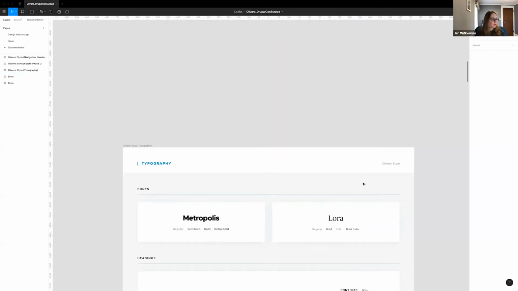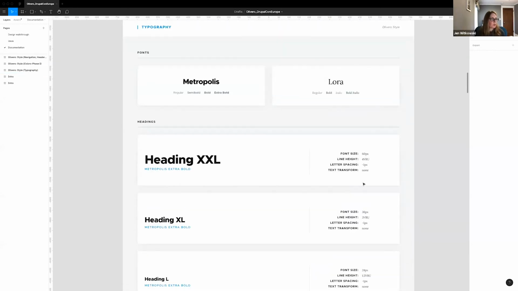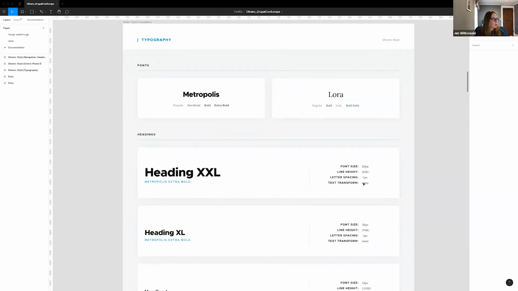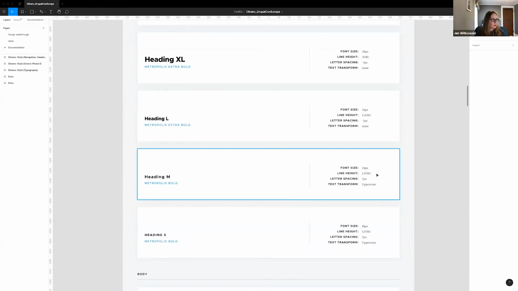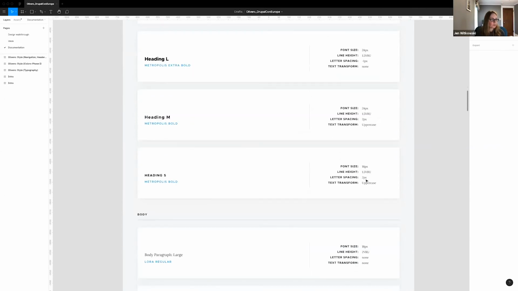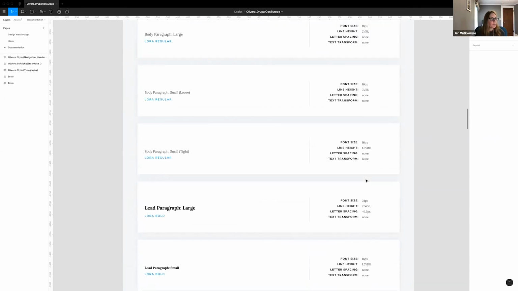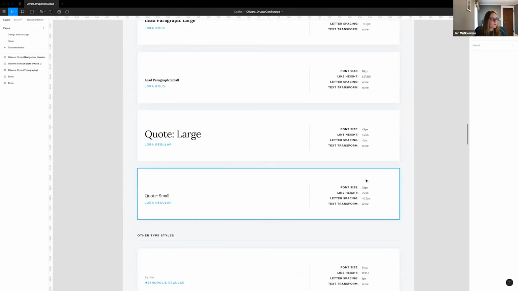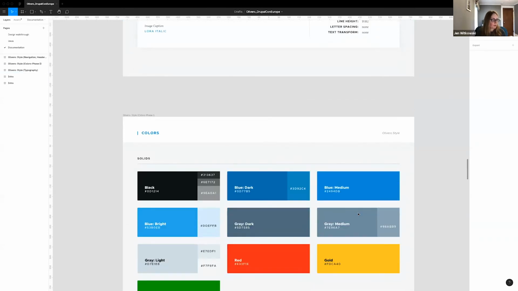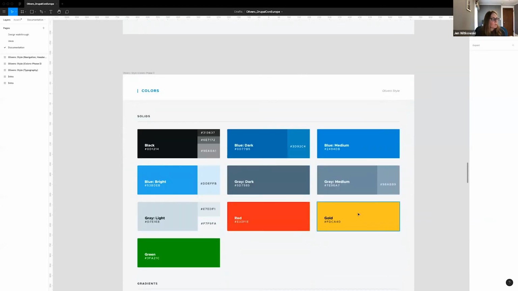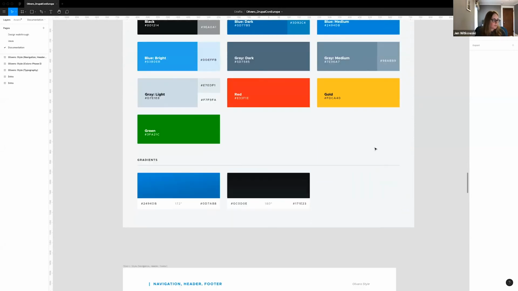So I'm just going to really quickly show some of the design documentation that we had created in Figma. So this is our typography system in Figma. We list out all our different type sizes, including line height, letter spacing, text transform. And these are in the form of styles in the Figma library. So the user can just access all these typography choices through a drop down. And then we have the colors, and these are in the form of swatches in our Figma design system.